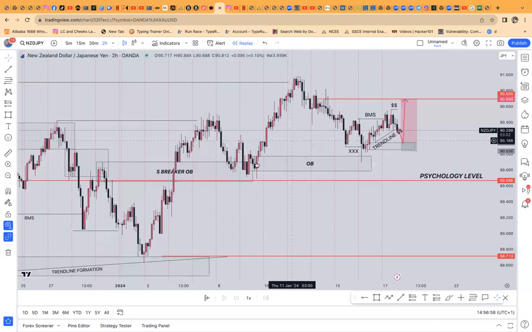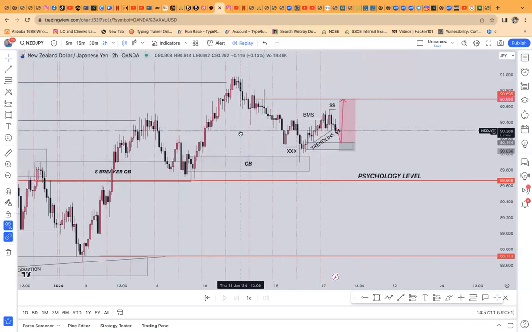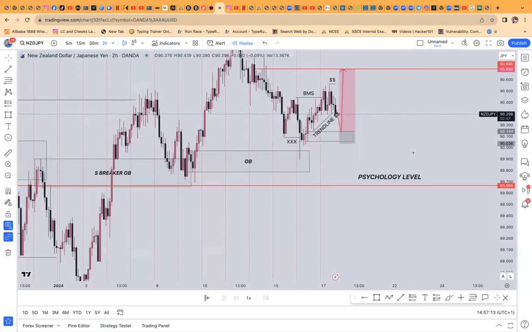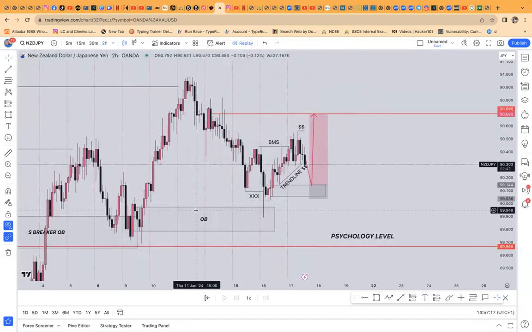Now there is an OB here, a break of structure to the upside. Look at this, break of structure to the upside. There is an OB here, the price came to mitigate. Price already mitigated this zone. So now this is how I went towards the lower time frame, because price has mitigated a demand zone. So I want to have a short-term entry where I can just enter and exit immediately.